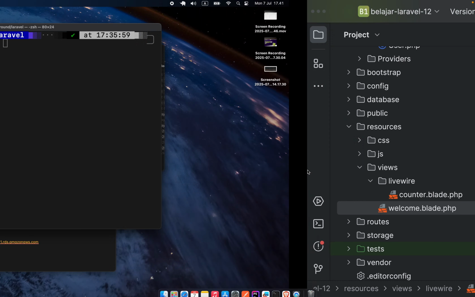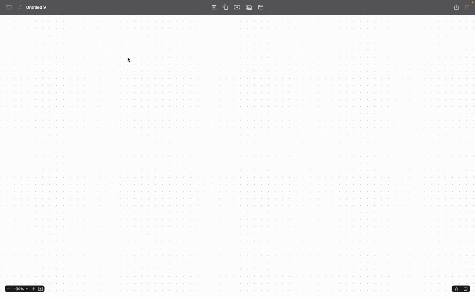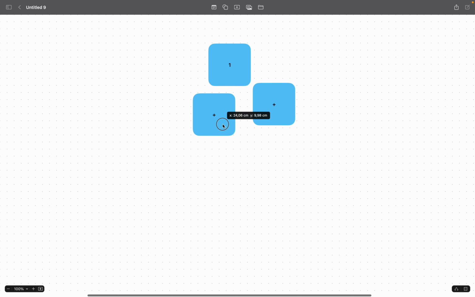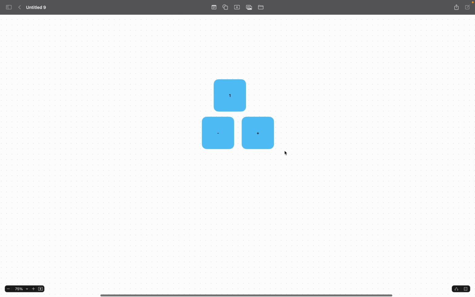response. So basically what we can conclude here is, let's say we have one here, and we also have two buttons, plus 1 and minus 1, and then we try to change this.